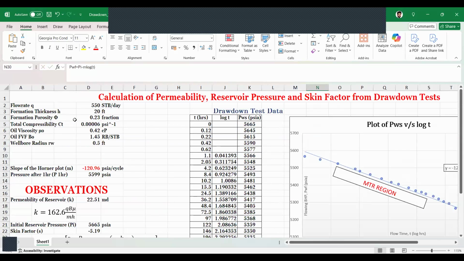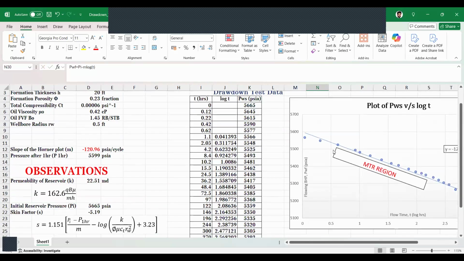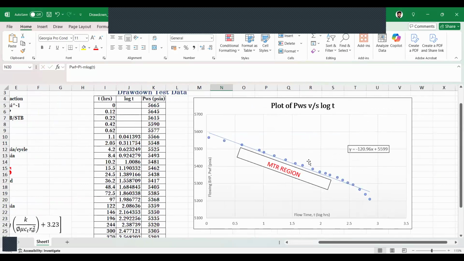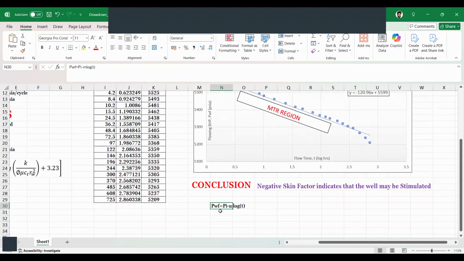Porosity is 0.23 fraction. Total compressibility of the fluid is 0.00006 psi inverse. Oil viscosity is 0.42 centipoise. Oil FVF Bo is 1.45 RB per STB, and wellbore radius is 0.5 feet. So the main target of this slope that is calculated from this is m, which will now be